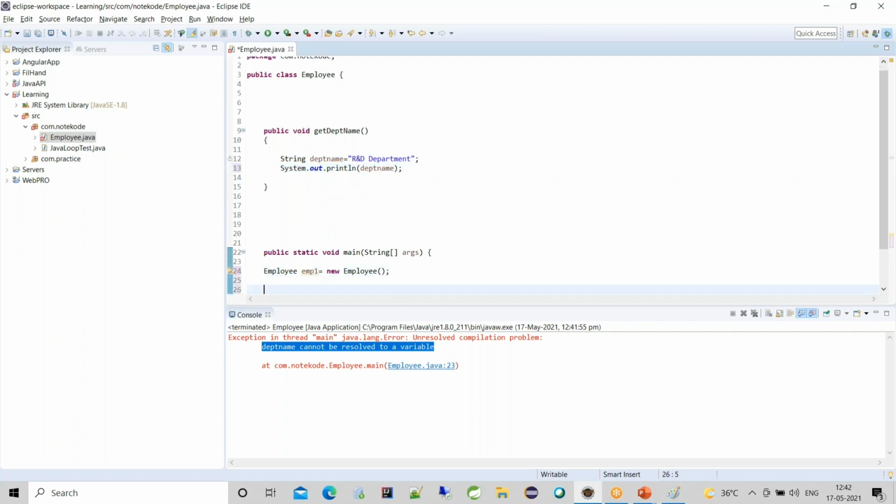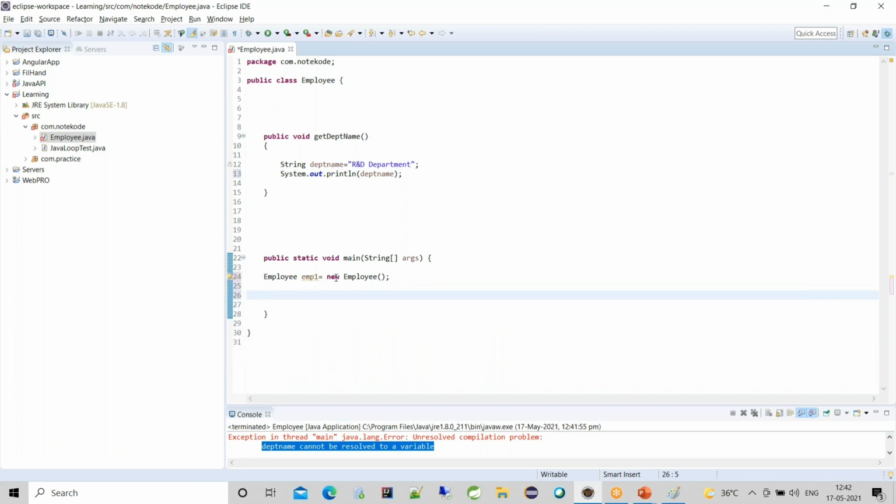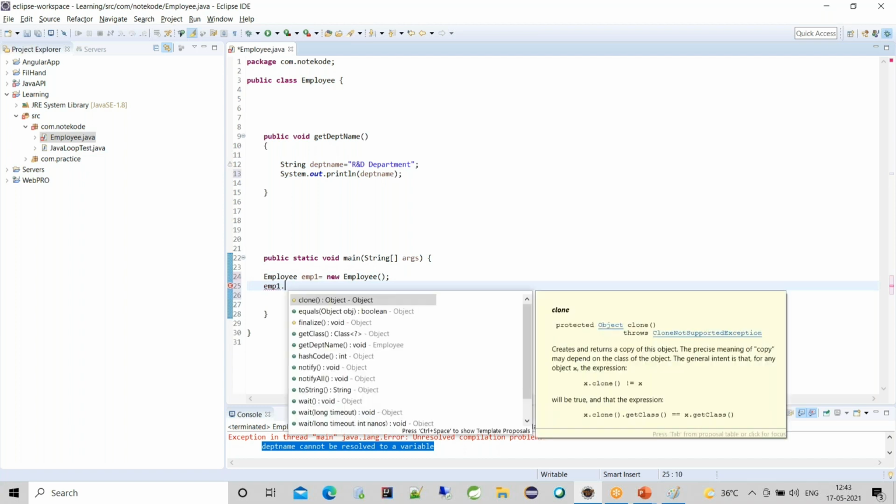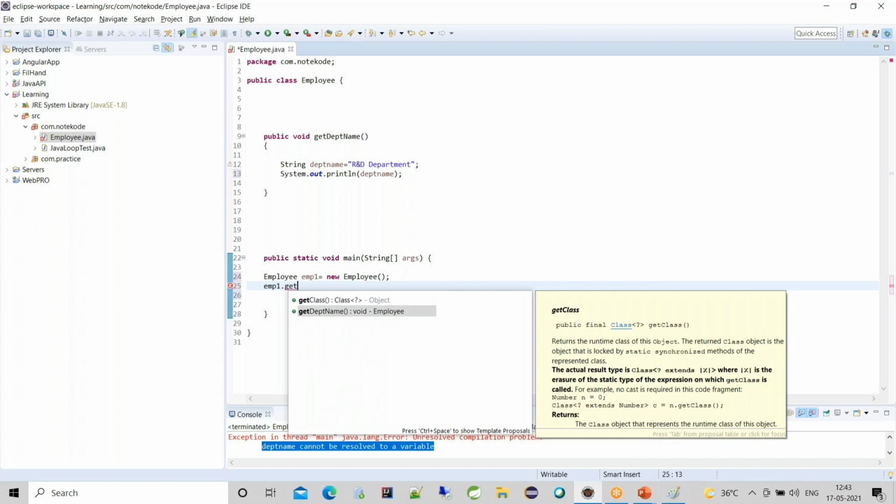Now I have created an object, employee emp1 is equal to new employee. This new keyword will allocate new memory for the object of an employee. So emp1 is a reference variable we have discussed. Now I will write emp1 dot, and we will write the method name.